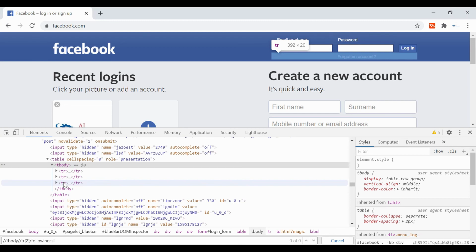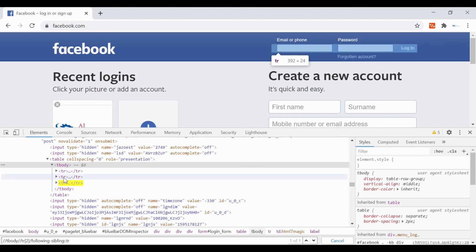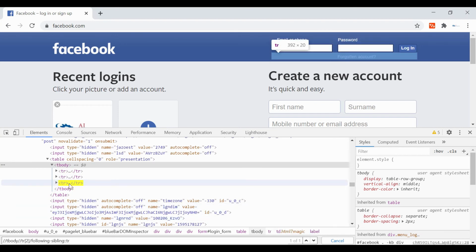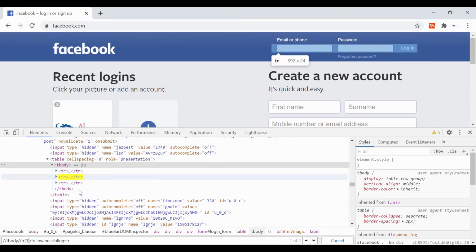Sorry, I made a mistake. following-sibling, then double colon and just provide the tag. As you can see, it has identified it uniquely. This second row has only one following sibling, that's why it is showing 1. If we go to the first row, the following siblings of the first row are 2, right?